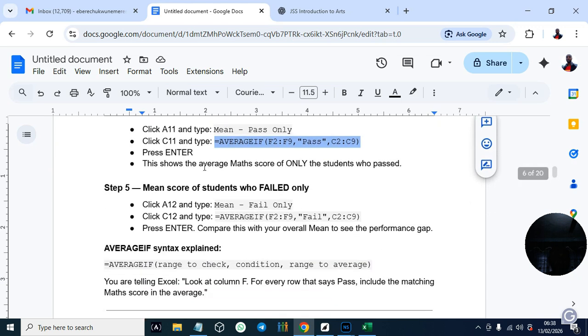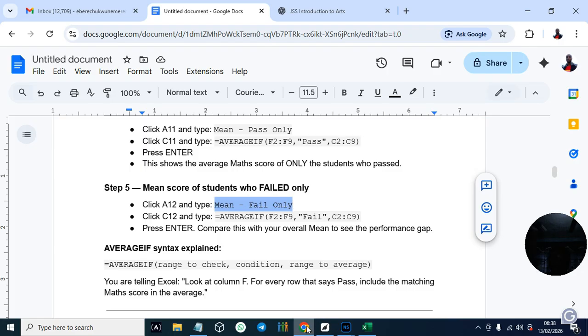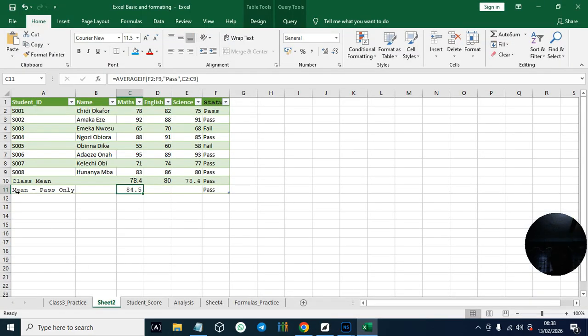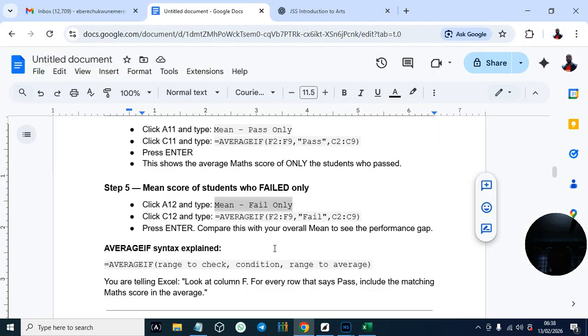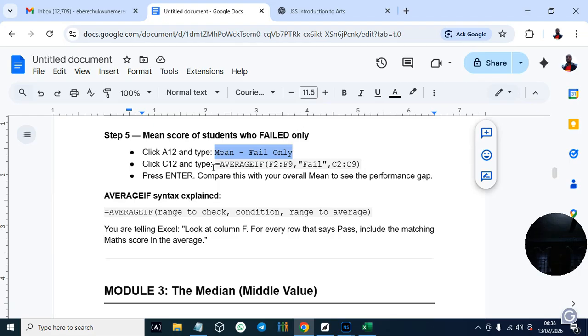So let's type the mean score of students who failed. So at A12, let's type this. So you see, students who failed. Use this.